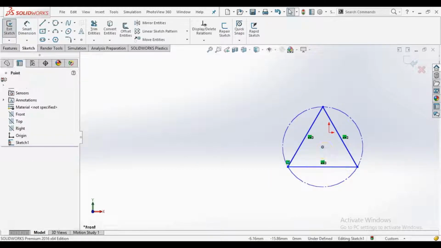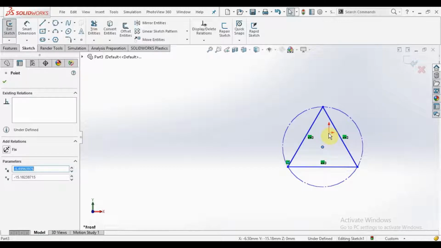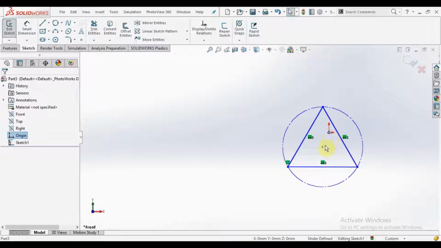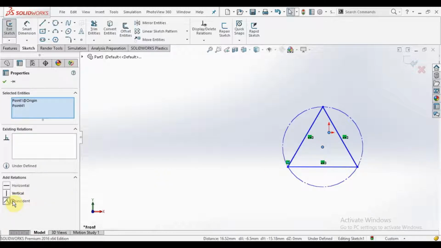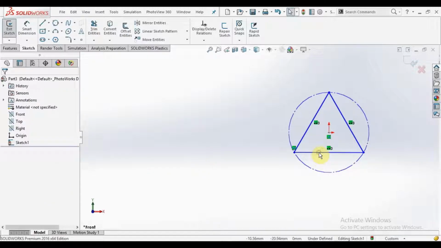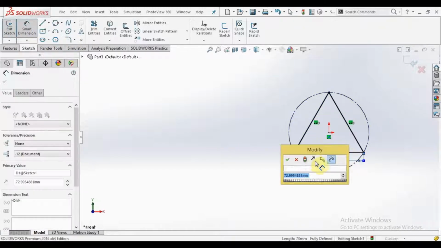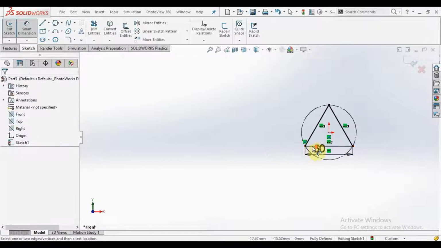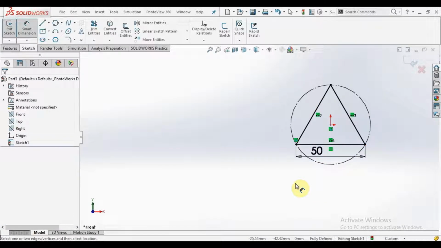For fixing, hold control and select 2 points and coincide. Then give horizontal direction and give the dimension to the length. Let's say it is 50 mm. So now our circle is fixed, and our triangle is fixed. In the same way you can make a pentagon.